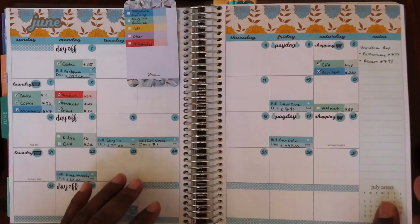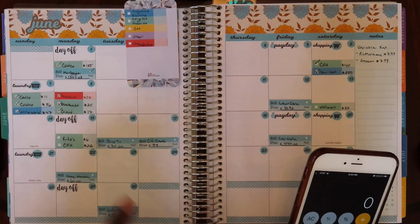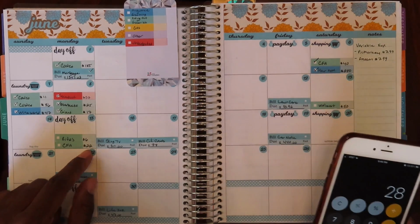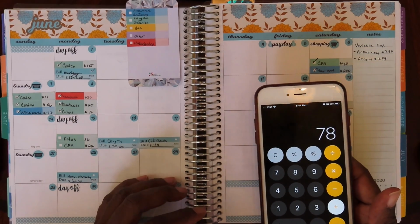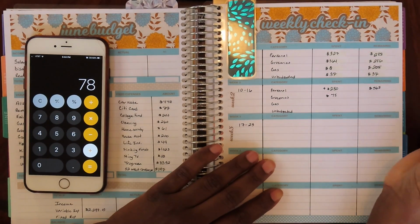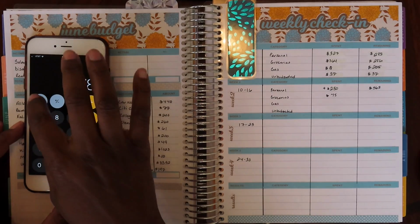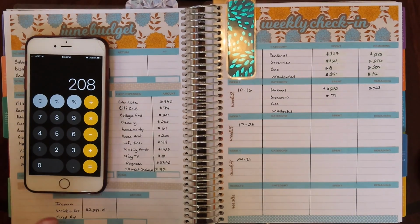And so moving on to my groceries, I had 3 expenditures in this category. I had $6 for Rita's, $22 for Chick-fil-A, and then I had $50 at Walmart. So that was a total of $78 spent this week on groceries. And then last week I had a total rolling over of $286. So 286 minus 78 gives me $208